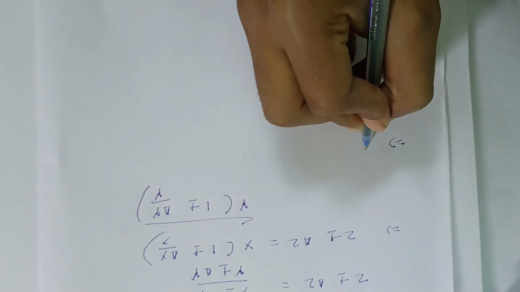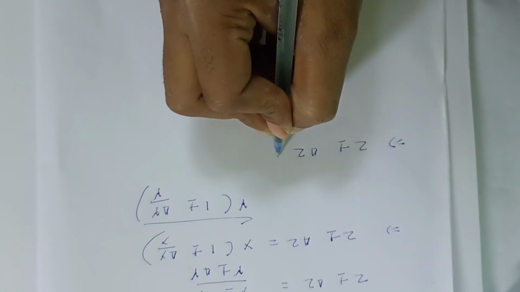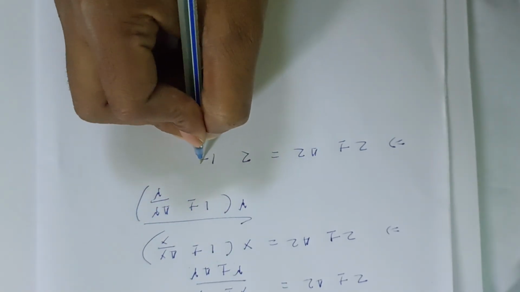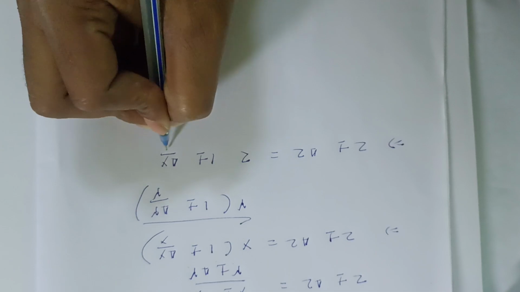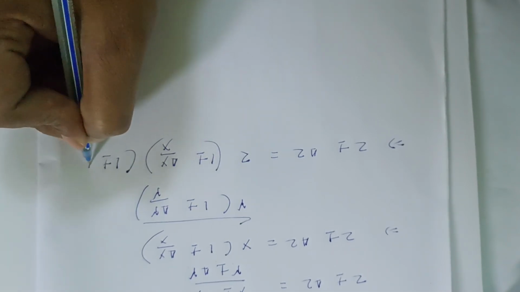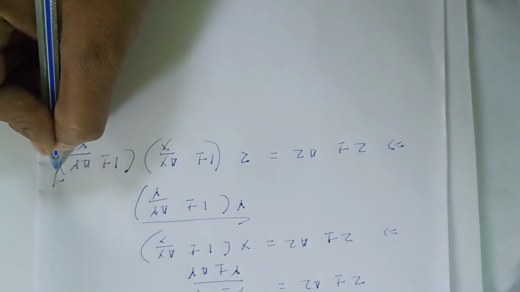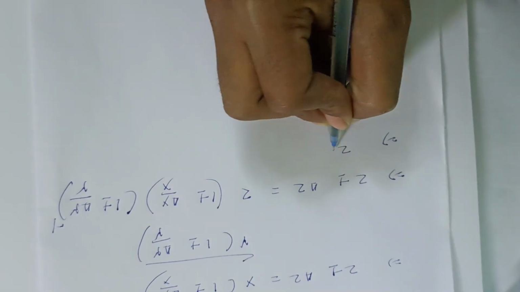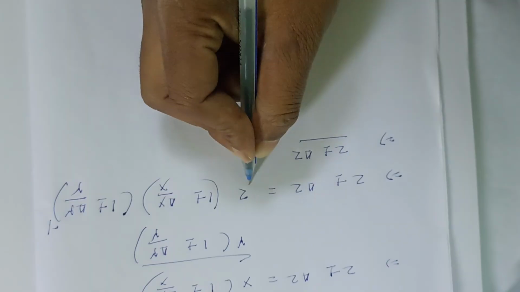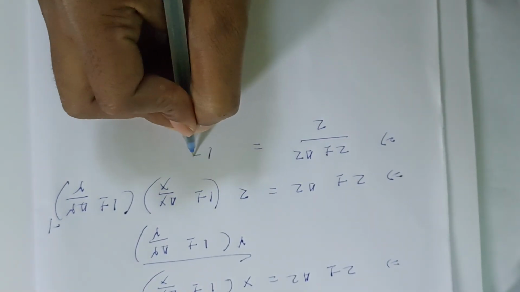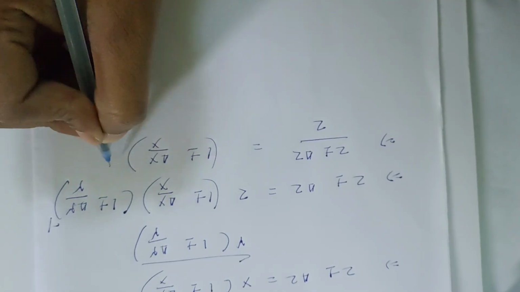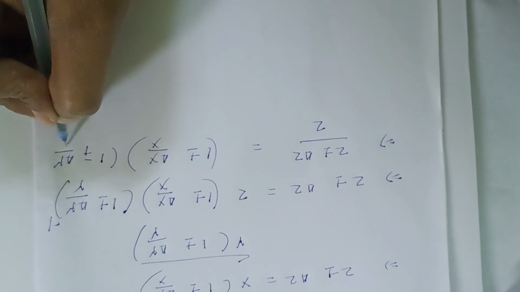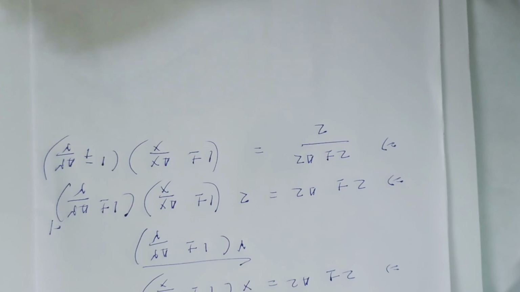So z plus minus delta z equal to, we can write, x by y, that is z, and 1 plus minus delta x by x into 1 plus minus delta y by y, power minus 1. Now using the binomial theorem,